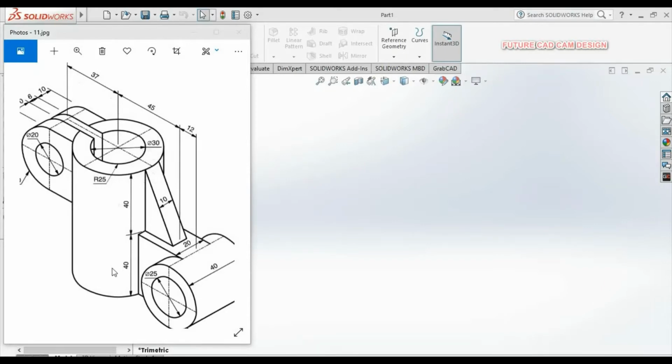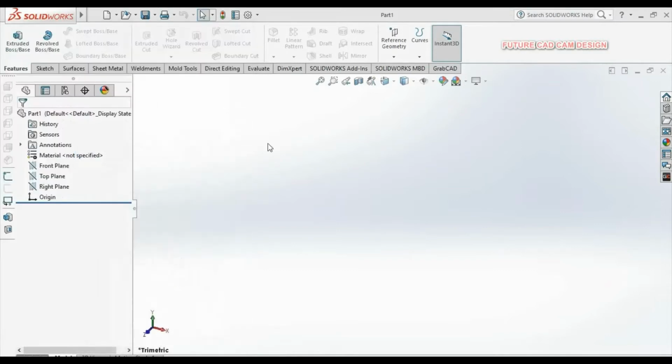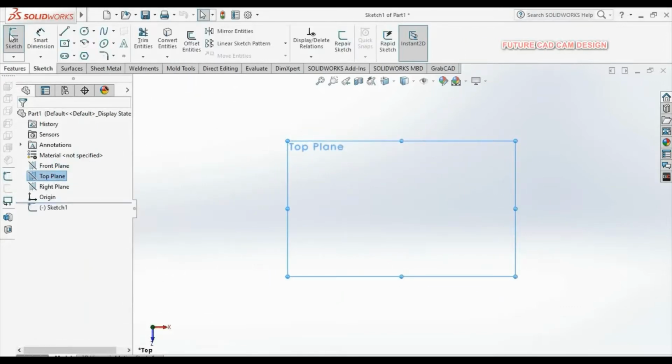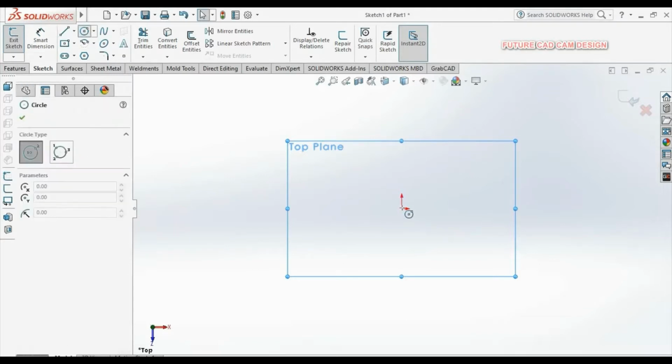So just pick top plane and then choose sketch option. So just draw two circles. Choose the center origin point and draw the two circles.